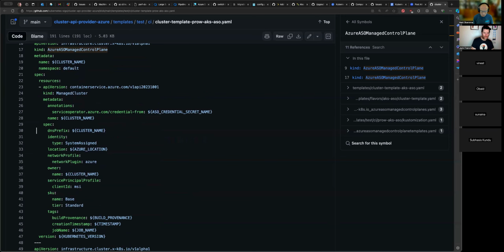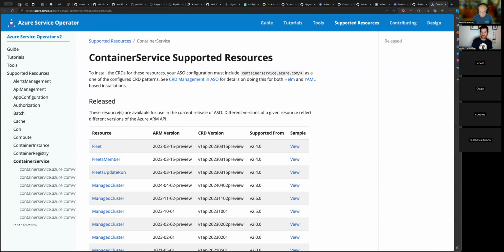You're going to want to use this reference. Where is container service? Okay, so stand by. So here's a link to a reference ASO documentation that is going to help you populate the contents of that